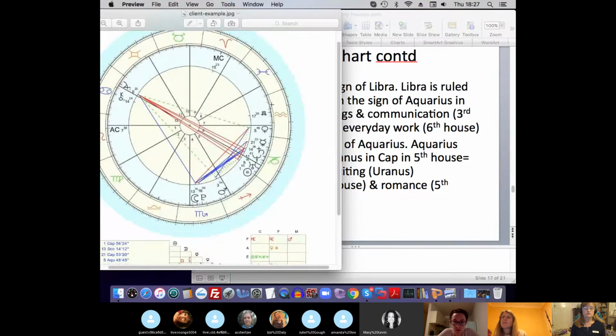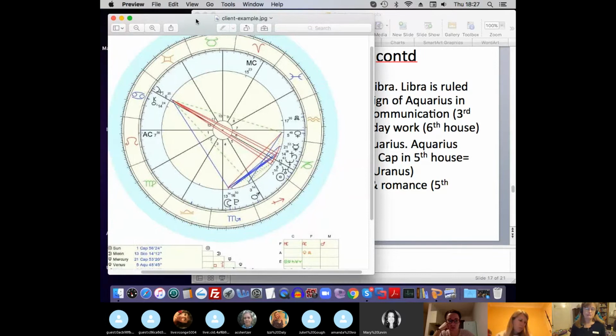Okay. So the ruler of the 7th is Uranus. He's got his Uranus located there, right next door to his sun sign in the 5th house. The 5th house is all about romance. So if he's going to have a relationship, and he wasn't in one last time I heard, he would probably be more interested in the romantic side of it than the long-term thing, because it's a similar thing to what